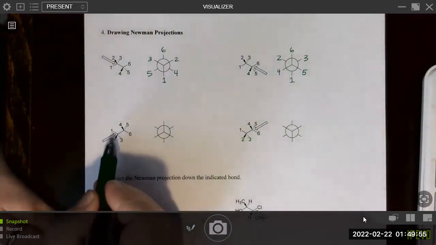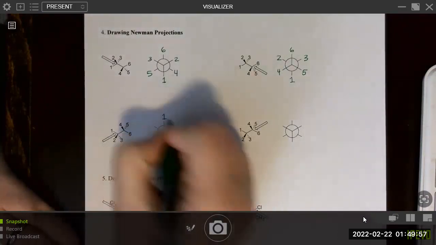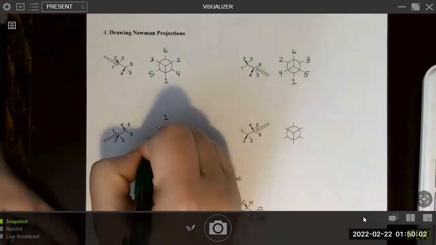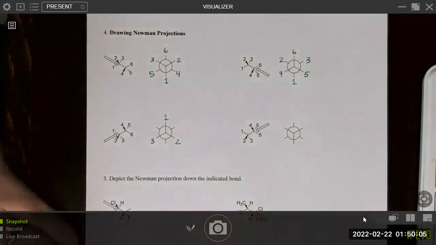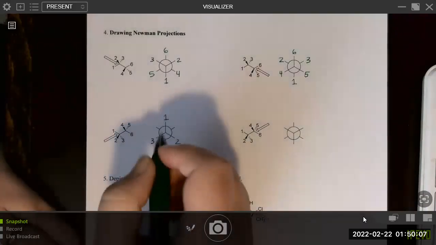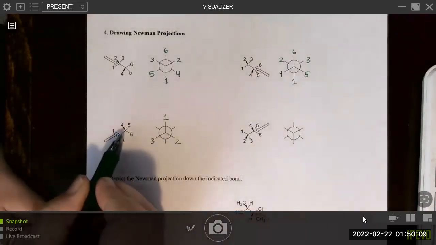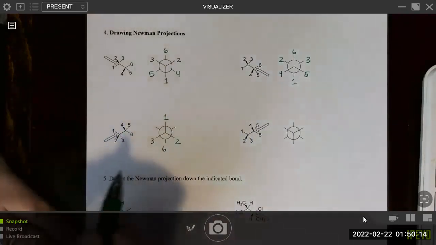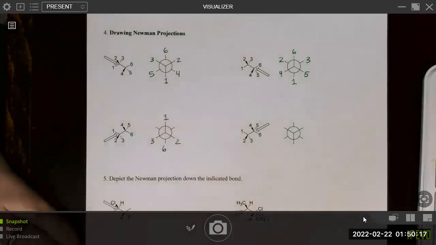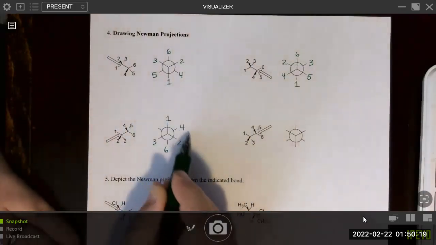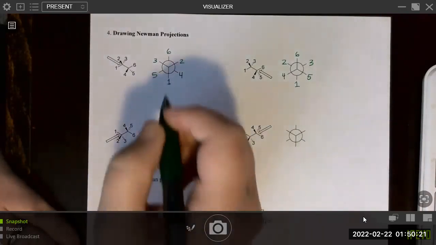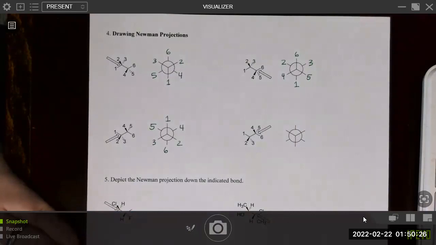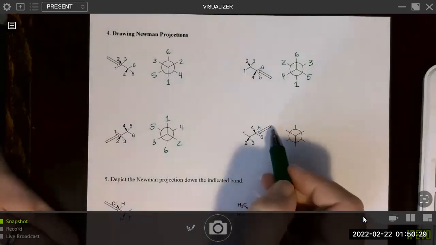Looking up this carbon-carbon bond here, the 1 is pointed straight up, right? And then our 2 off and to the right, and 3 is back and to the left. And then 6 is completely opposite 1, right? Pointed straight down. And then again, you can think of 2 is on the same side as 4, right? So we should put the 4 on the same side as 2, and then 5 is behind, same side as 3. Okay, moving on. Now we're looking down, right?